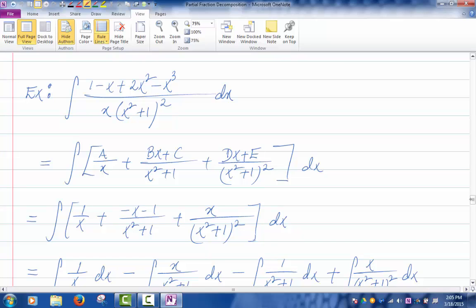What's the degree of the denominator here? 5, right? Which is bigger than 3. So it is a proper fraction. So what's the decomposition then? The decomposition will be